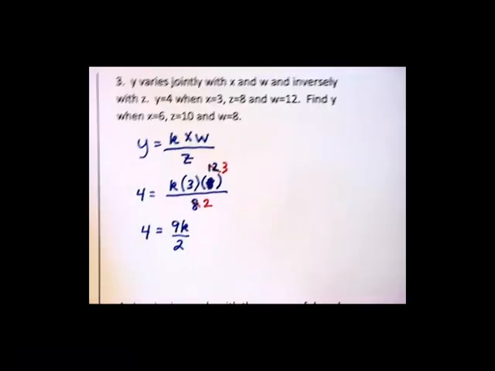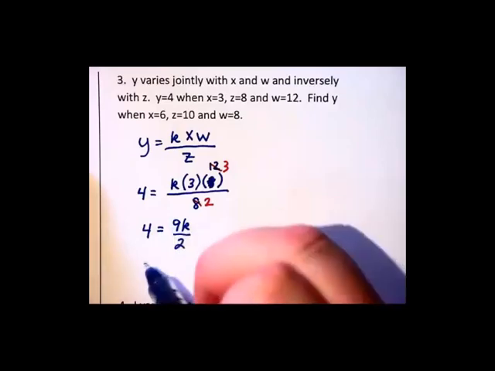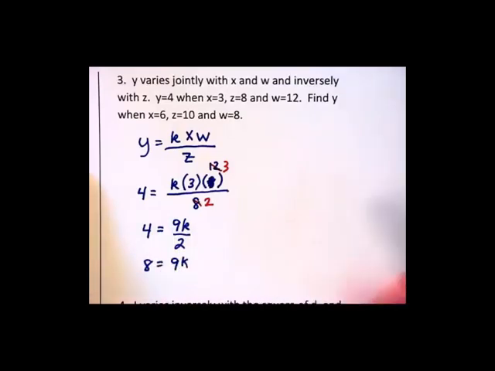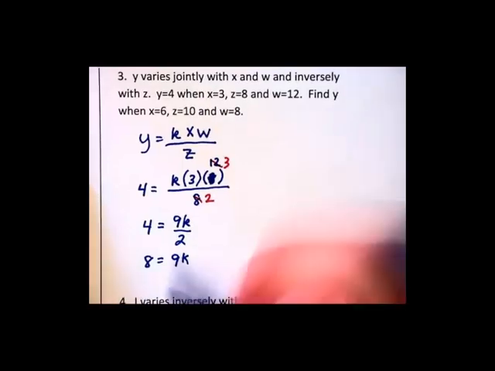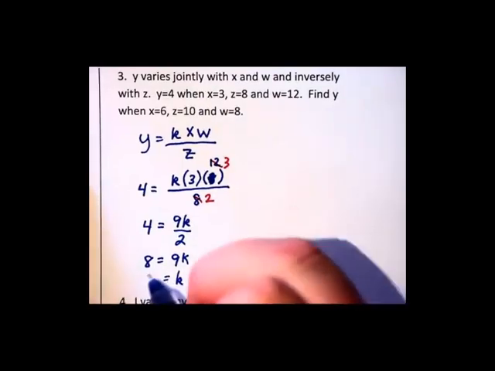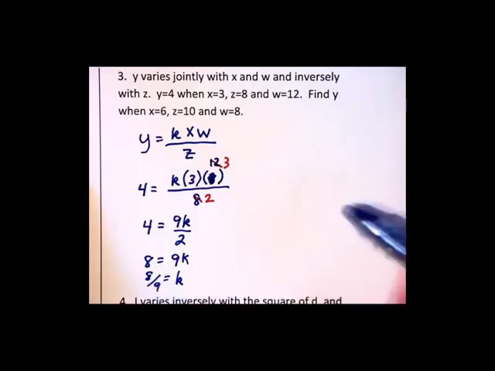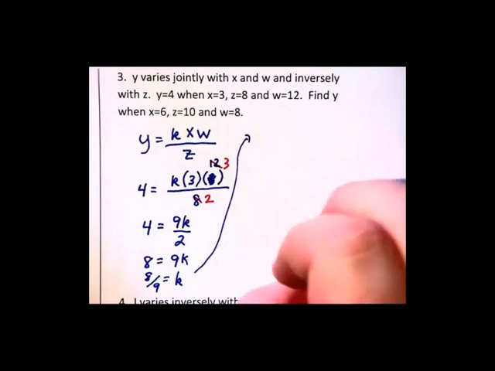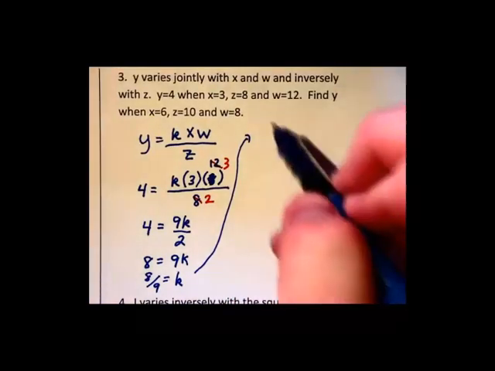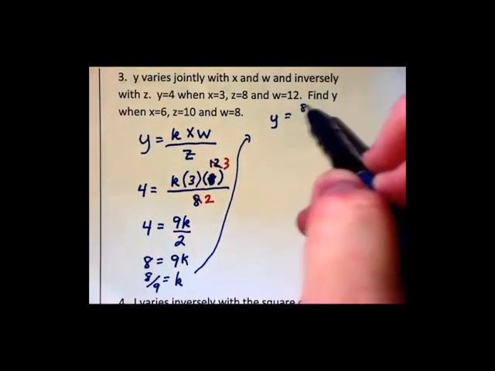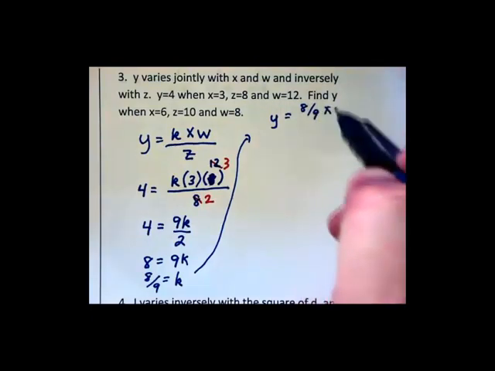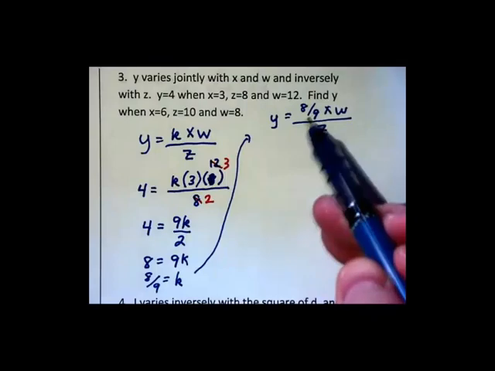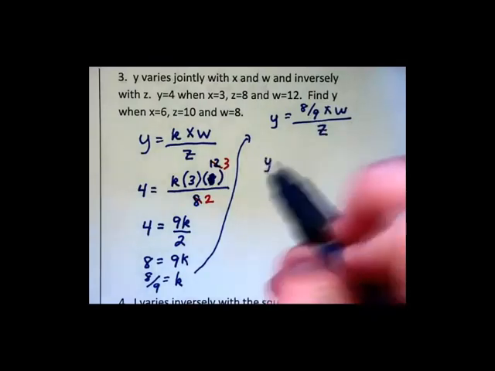Multiplying each side by 2, I have 8 equals 9k. And dividing by 9, I can say that k is equal to 8/9. Now I'm going to rewrite my general equation. Y equals 8/9 xw over z. And I'm going to do a little trick here. I'm going to move that 9 down to the denominator. Rewrite that as